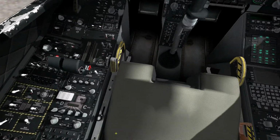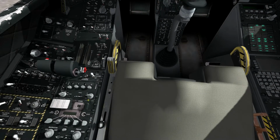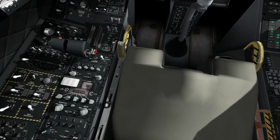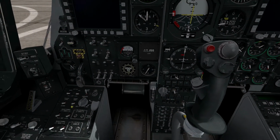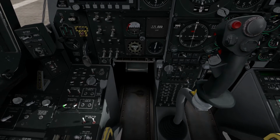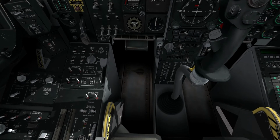Alright, now we'll go ahead and set our radios, VHF and UHF, AM and FM, to transceiver. And turn on our boost pumps to get ready to start our engines here. All 4 boost pumps, and then we'll go ahead and start the APU,